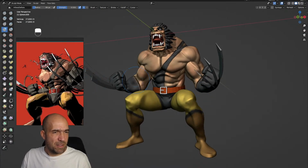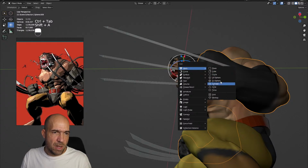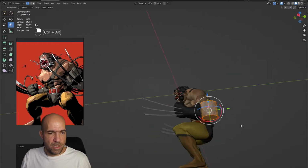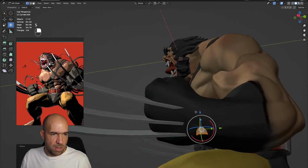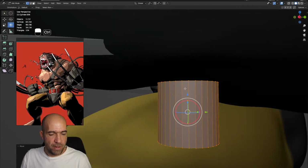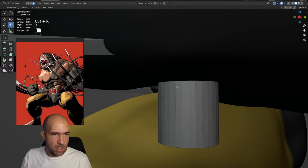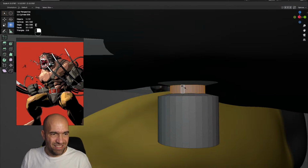Yeah, we have certain things that those sharp claws are coming from. So let's do a cylinder. Let's put it here in this area and scale it down. This will be our thing. So how to do it? This is okay. I will do it perfectly. Now let me show you. Control R, put it here, double click, extrude, scale,